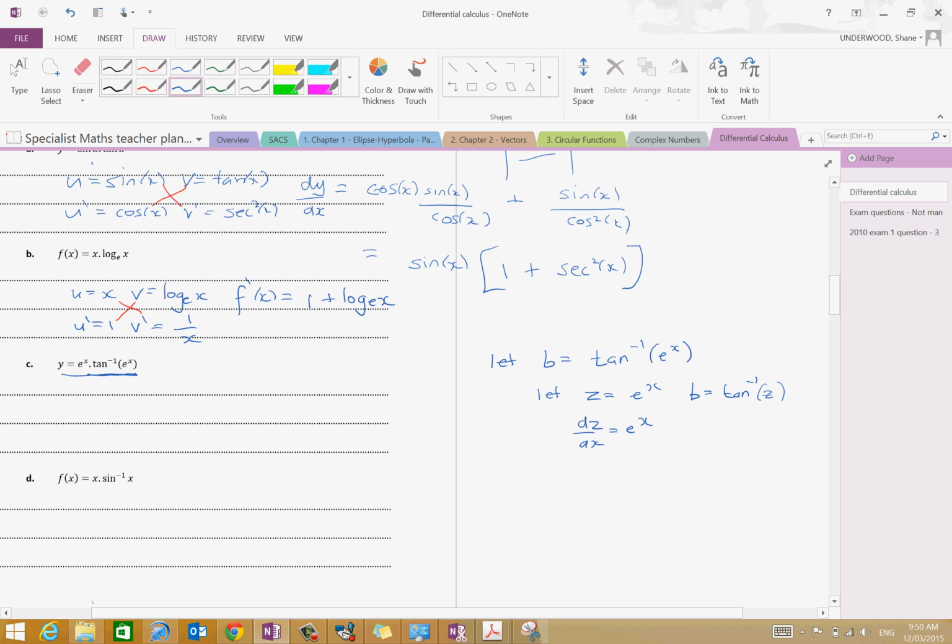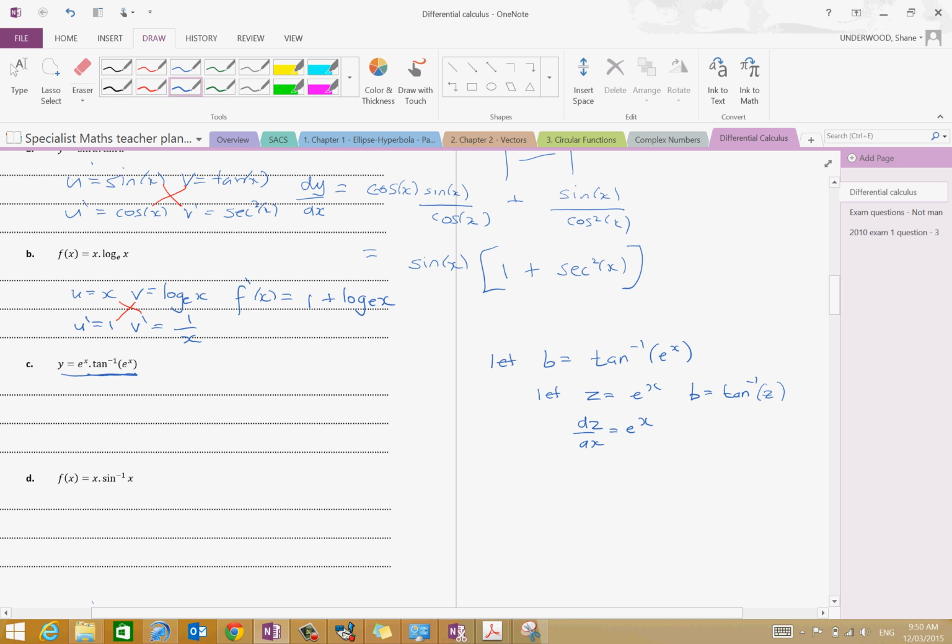Why am I not using u and v again? Because I might use it over there. So if you're going to do this sort of stuff, you don't have to do it this way, but you might want to find the derivative of inverse tan of e to the x on the side first. Okay, that's my advice to you. But don't go using u's and v's in different contexts, because then you can lose method marks